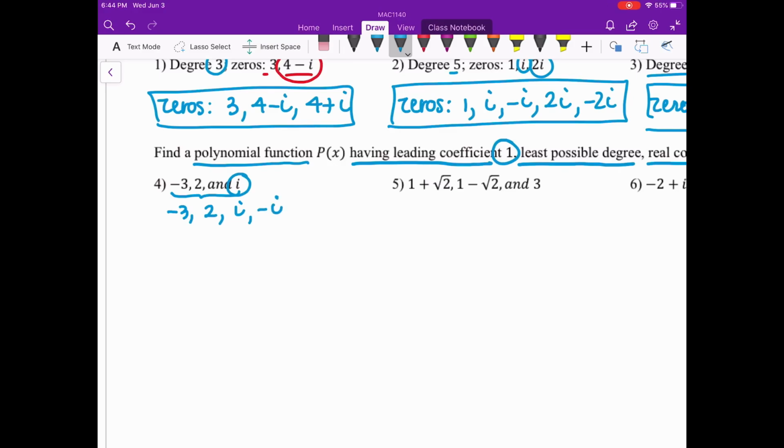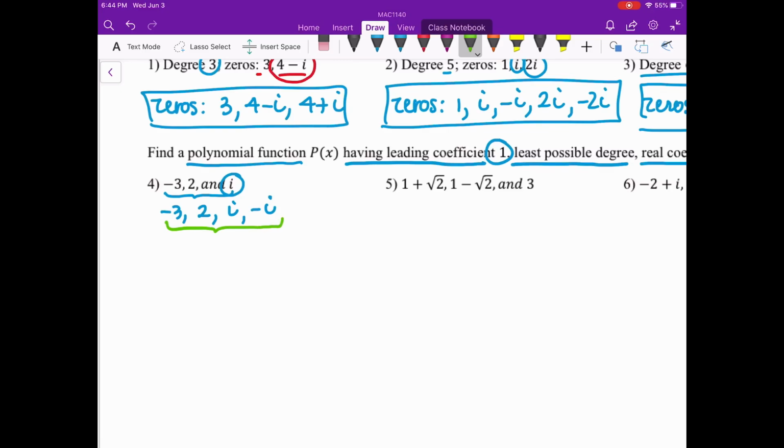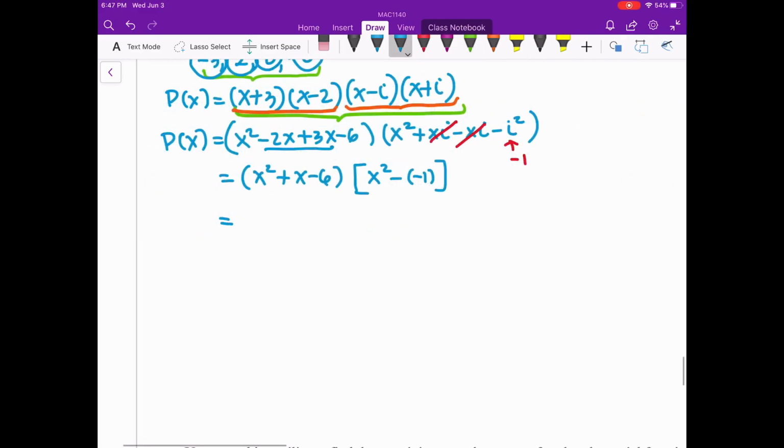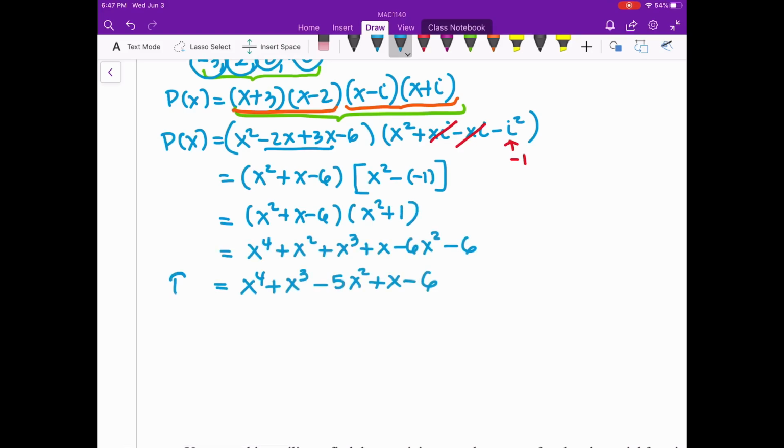Now I'm going to turn these zeros into factors. This negative 3 came out of the factor x plus 3. This 2 came out of the factor x minus 2. This one came out of the factor x minus i, and this one came out of the factor x plus i. Now, in order for me to find the polynomial, I just have to go ahead and multiply all these factors. This is x squared plus x minus 6 times x squared plus 1. Now you can combine. This is the final expression